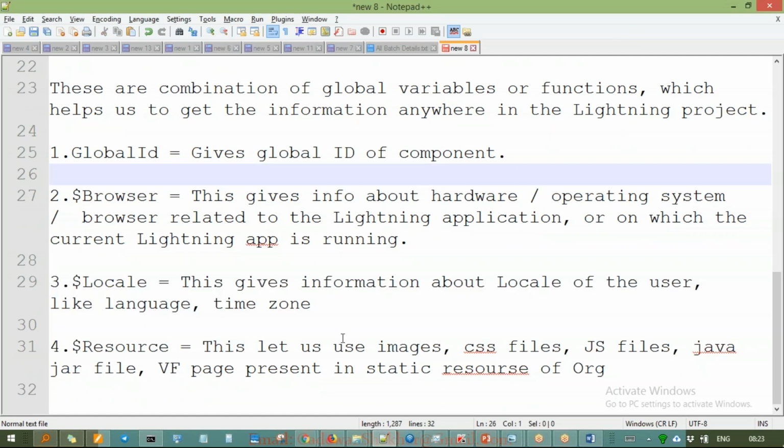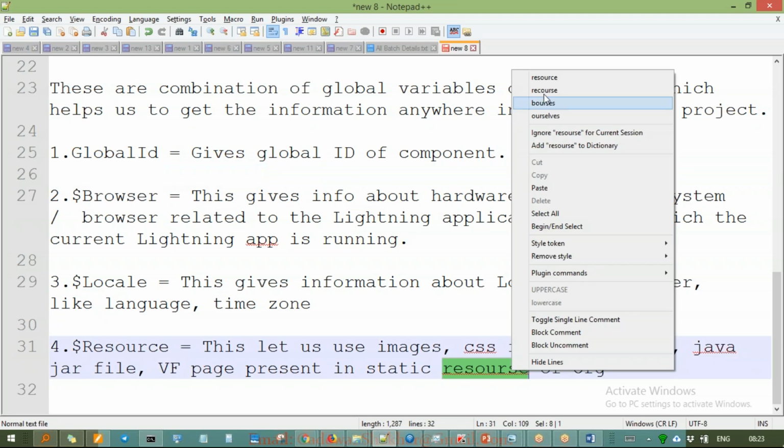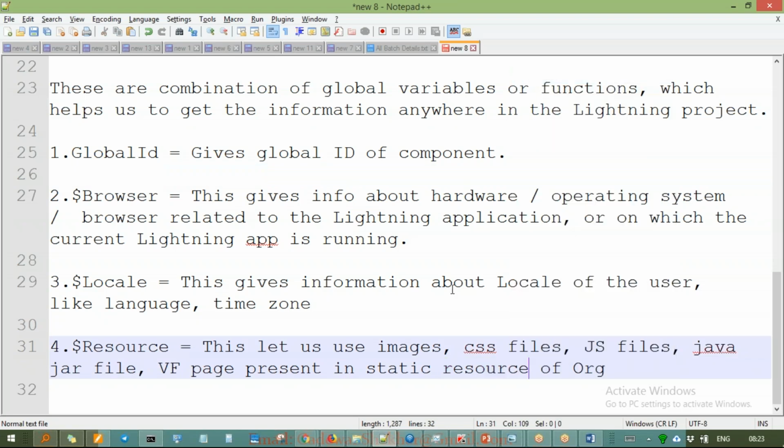Next, resource. So here what will happen is, if you want to use any kind of image, CSS file, JavaScript file, jar file, etc., then all these things you can use here. And also you can present a Visualforce page, like you can just add and show it the way you had in the classic static resource scenario, and then pull it. Same you can do here, and whatever we want, all these things we can use in resource, static resource, and pull it into this VF page,